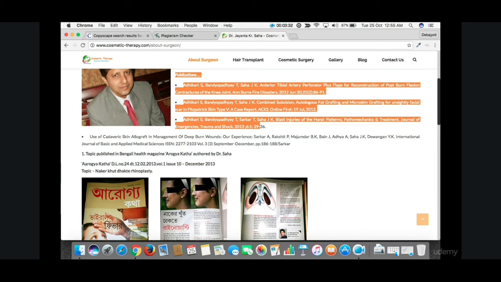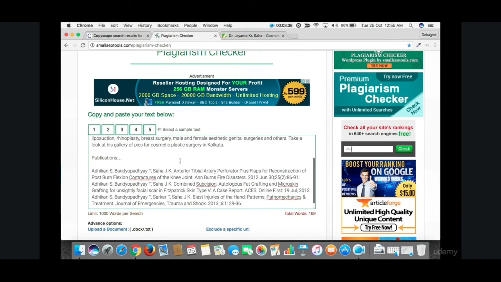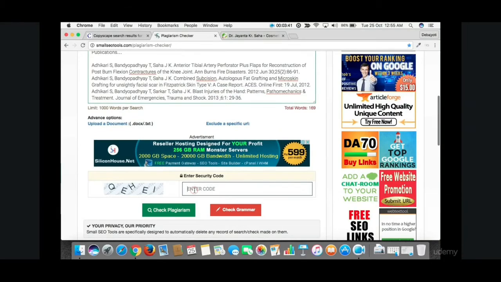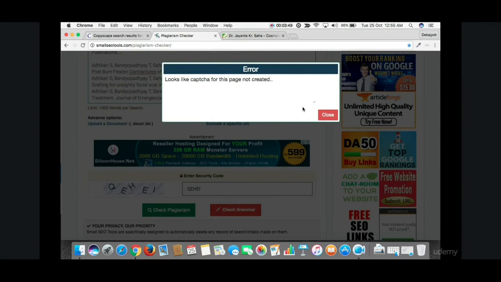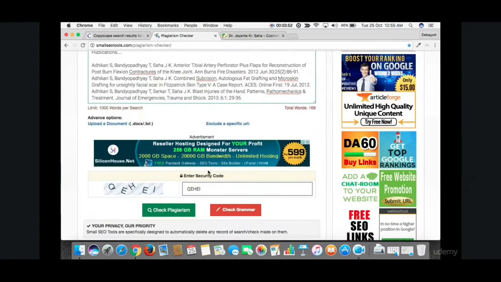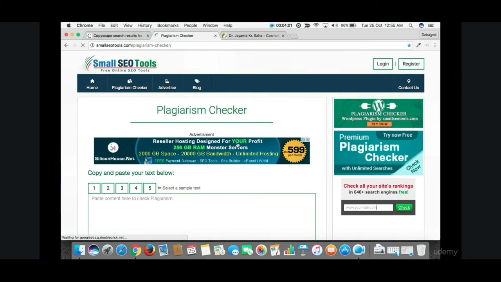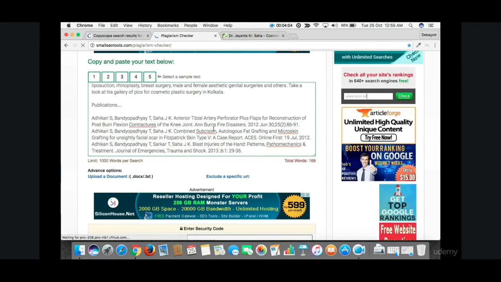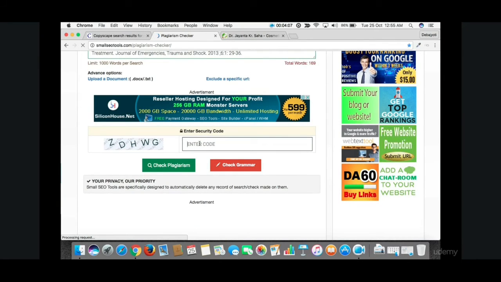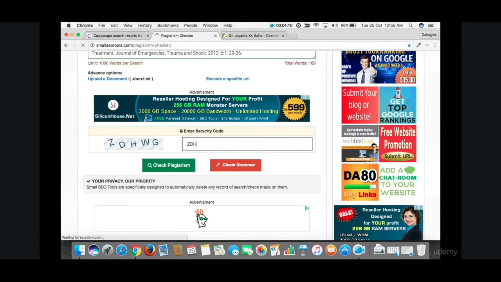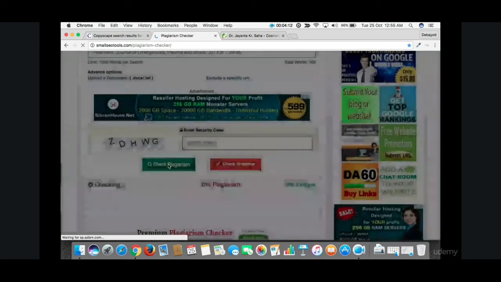We put it here, and we put the captcha code, and we click on check plagiarism.